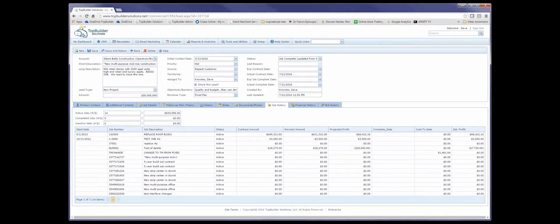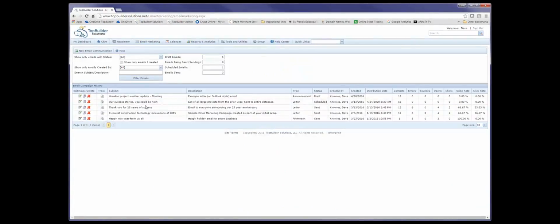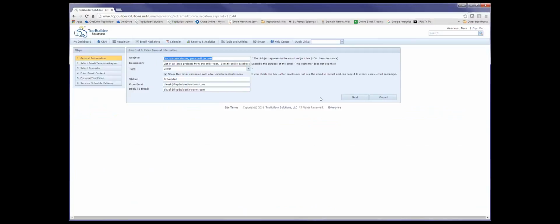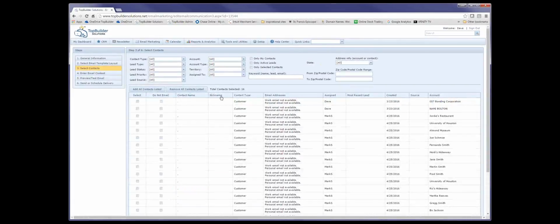Correct. Another question here: can you send a newsletter or emails to all contacts within an account, or is the main contact the only person you can communicate with via email and newsletter? No, you can target your emails and your newsletters. I'll show you real quick. So I'm going to pretend like I'm building a new email, or I'm going to send out an update. We walk you through very simple 6 steps. You can pick a template or pick a layout to start from. And then on step number 3, this is where you target your